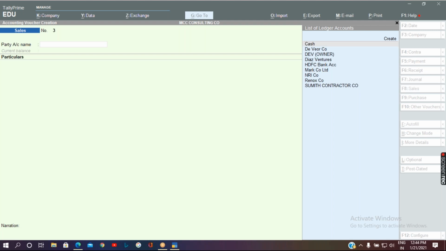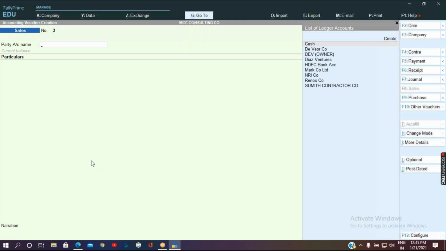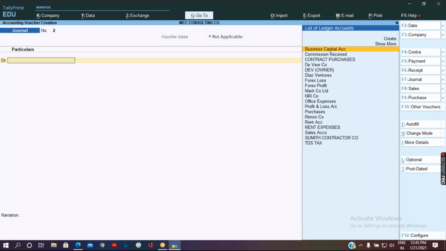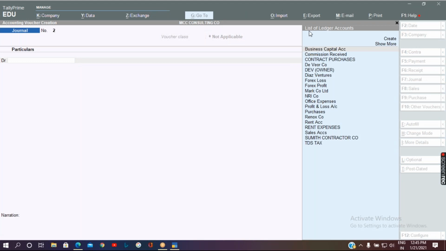So in what way can we deduct the TDS? Let's see the first one, deducting the TDS on expenses, that is rent. We have to press F7. We can pass the transaction in a normal journal voucher without taking any voucher class.